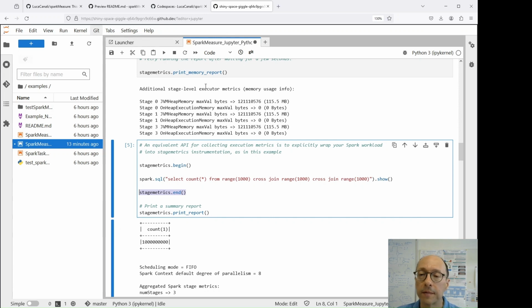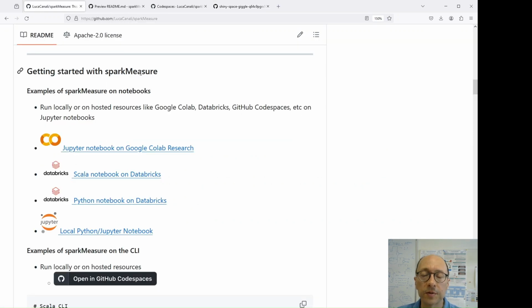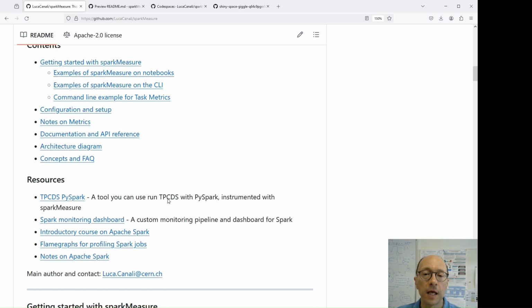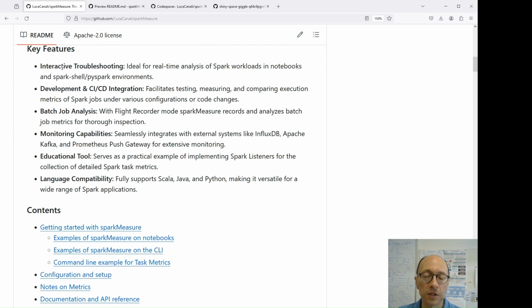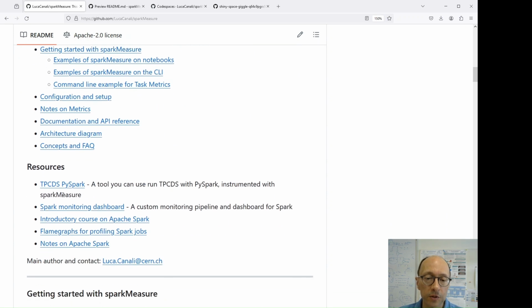So this terminates the examples that I wanted to show you today. So you have more here, and in the development repository you have links and documentation that go into details on how to use Spark Measure. And also there are some resources where you can see how Spark Measure can be used in some meaningful data collection and how to get you started onto using it.